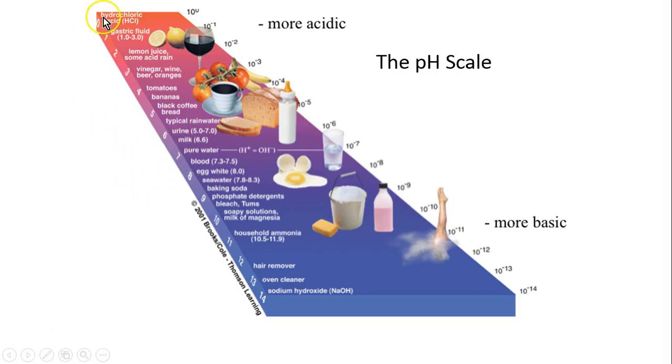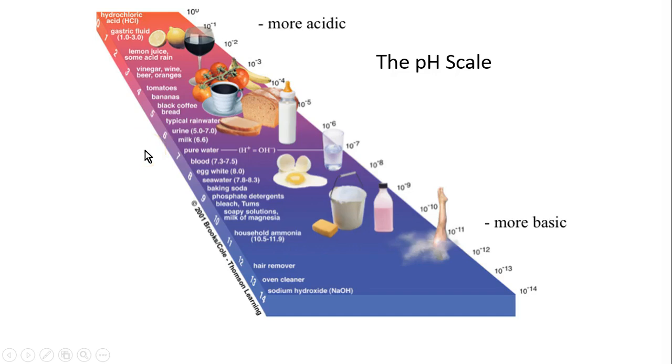So in this scale, I just want to orient you, 0 is up here. So that's in reverse of the scale that I just showed you. 0 is at the top, and so that is the most acidic, and then 14 is down here. So that's the most basic. Okay, so some acidic things include hydrochloric acid, gastric acid, lemon juice, wine, vinegar, beer, coffee, and rainwater is actually